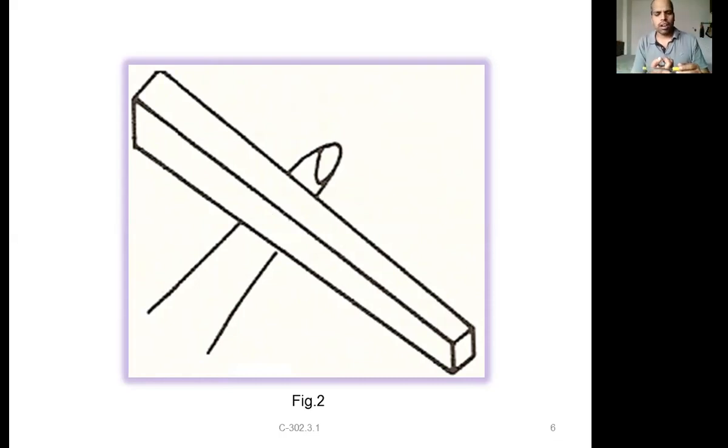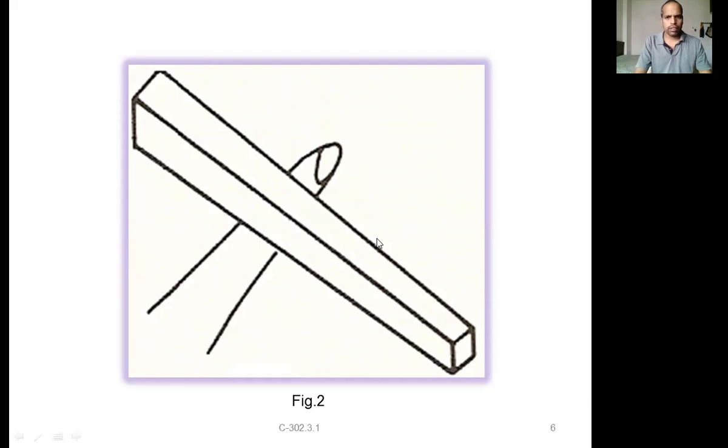So it will not be at the horizontal position. That's why I am trying to move my finger towards the other side, having more size, right? At some point it gets balanced. If you observe, the length on this side is lesser, and the length on this side is higher. Means your length is less, but your weight is more on this side compared to the weight on this one, even though the length is different, right? So that is nothing but your experiment number 2.